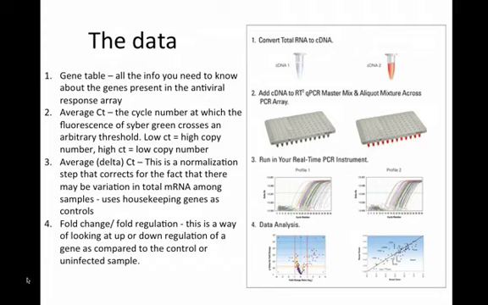There's 96 well plates, and you buy them, and in each well is a primer pair for a gene in a certain pathway. So this is the antiviral response, the antiviral array. So every gene that the bioinformaticists that work at this company have found identified with, that's involved with the immune response, is included in this array.